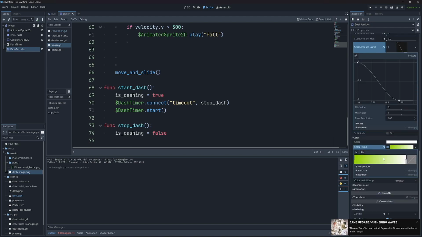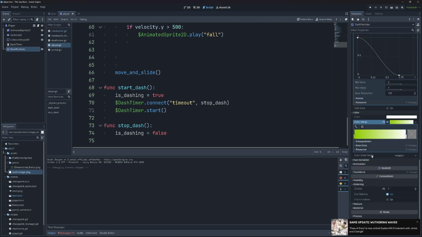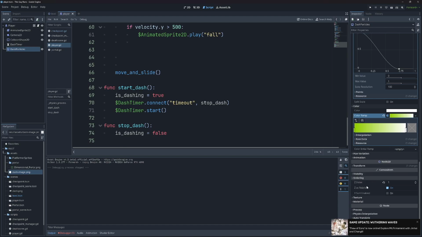For our color ramp here, I've set green going into white, and that's just to match the colors of my level. This could really be any kind of gradient that you want to give it some flavor, give it a vibe. And then for the ordering, I've set the z-index to 1. And this is because my player is actually on z-index 2. This may be slightly different for you, but what we want is for the z-index of our dash particles to be lower than the z-index of the player,